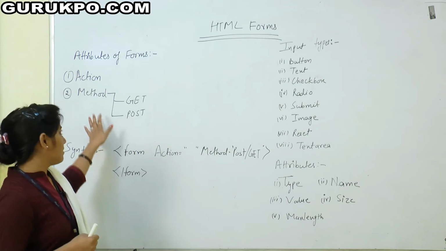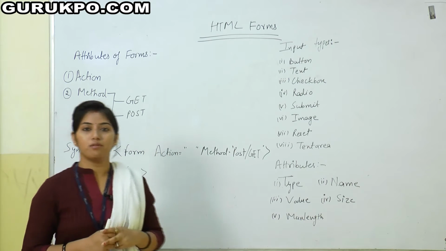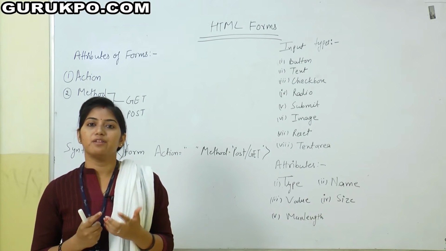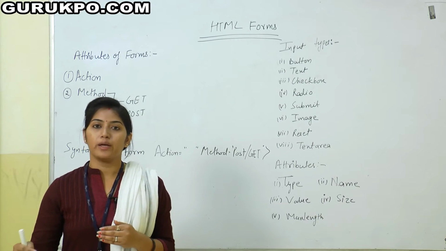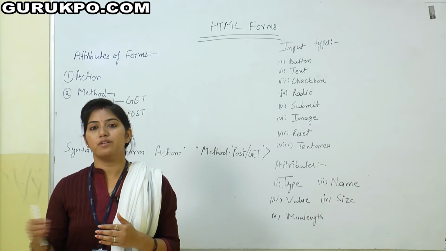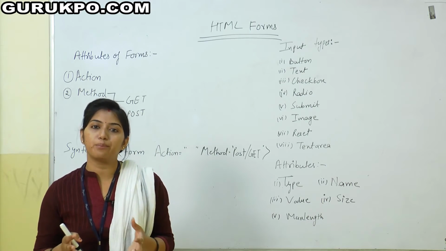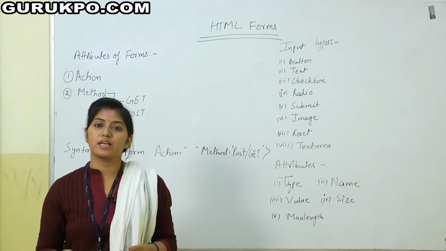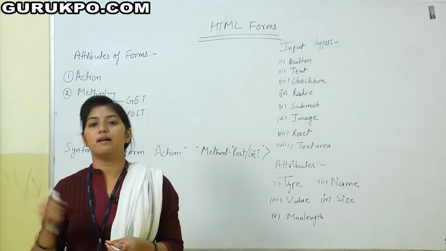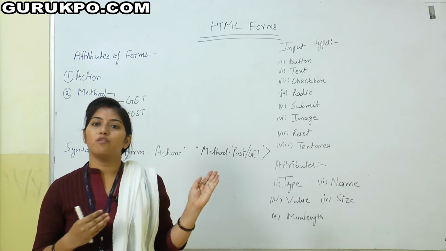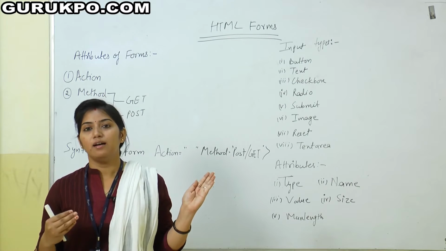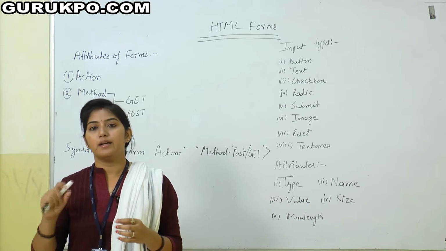Then the second one is method. That is a very important part of the form. Method has the value of how the form data is going to be stored in our database, or any method which stores the value of our input, which the user gives to the registration form, in another database or another system. So this is the method of saving our data and processing our data in the URL.